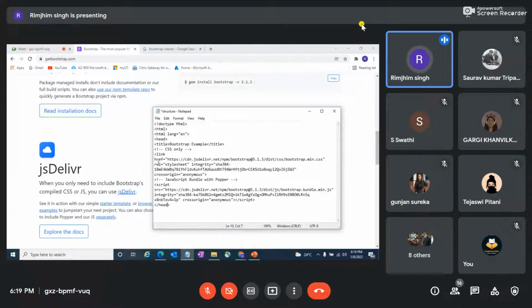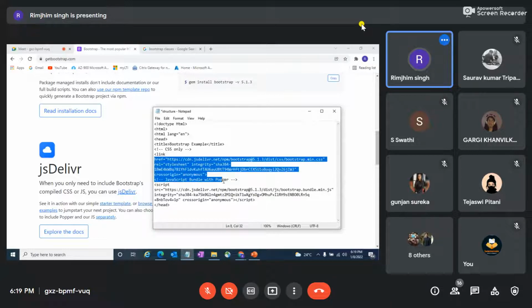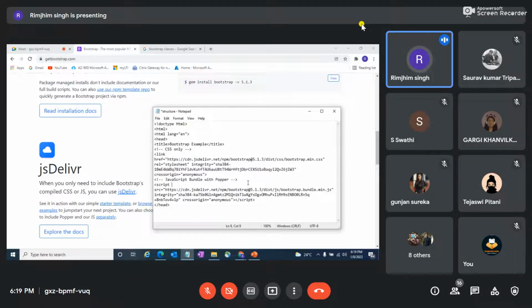So if you can see here, I'm including the CDN of the Bootstrap program. Every time I want to use Bootstrap, it will direct to this page, and then I can run my Bootstrap program.